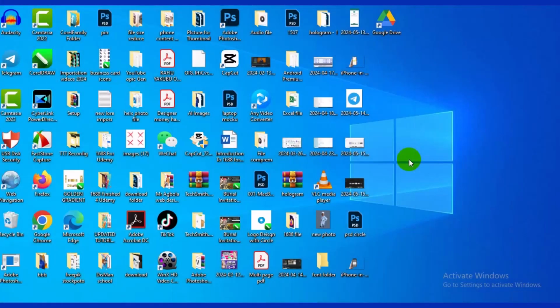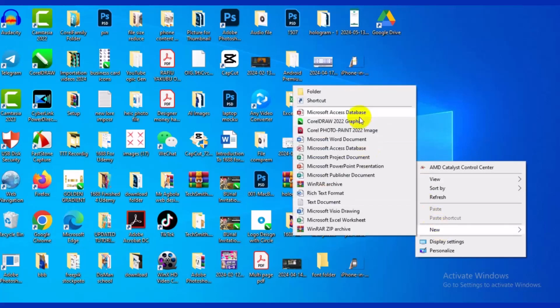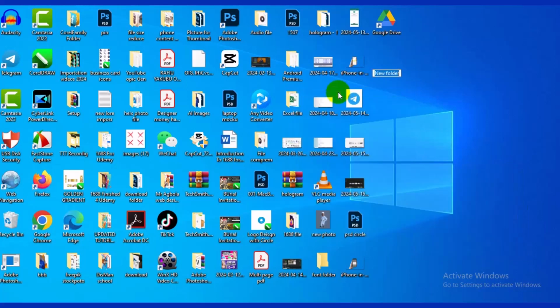So let's see how to create a zip file on a Windows laptop. The very first thing we want to do is make sure we right click on the outside of our window area. Then you have to navigate to New, then you click on Folder, then you can call this new file,